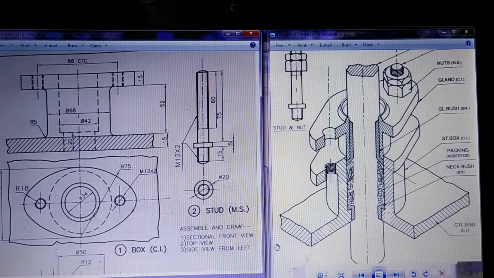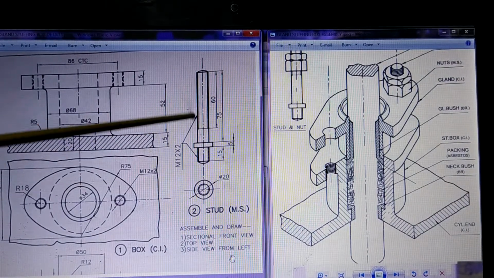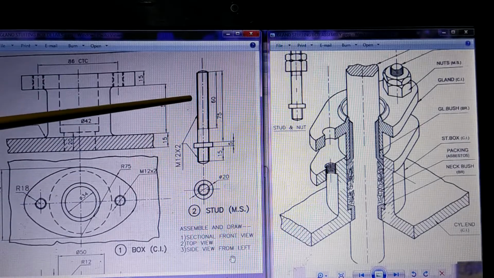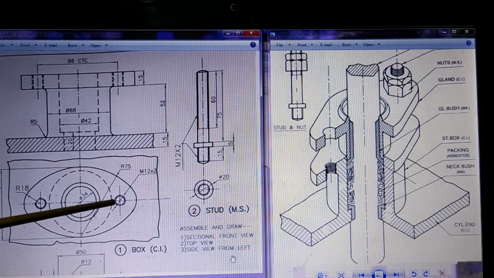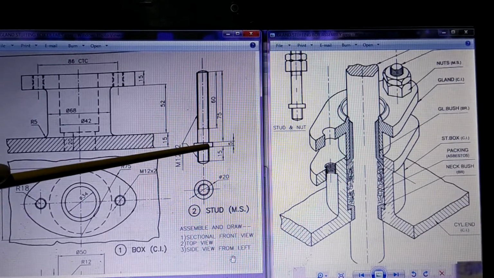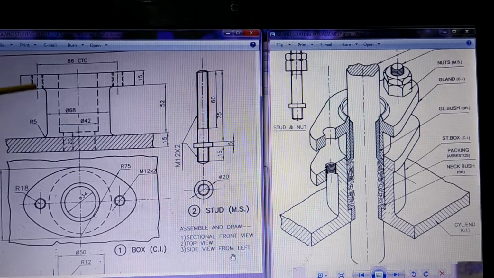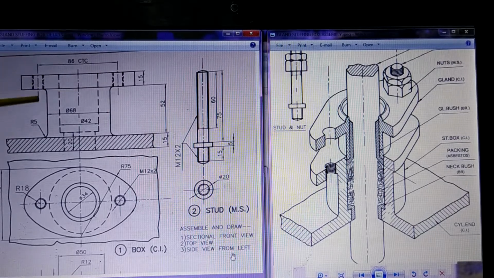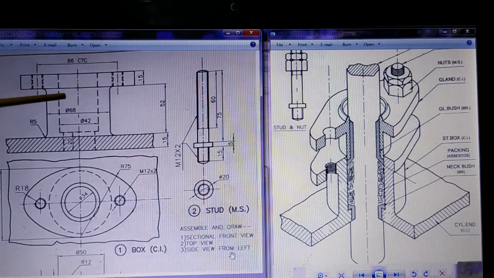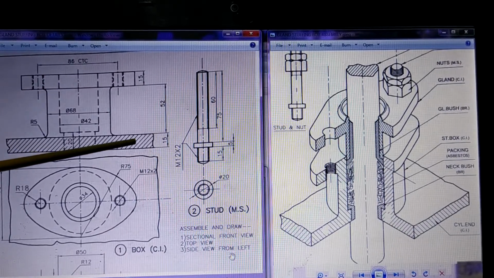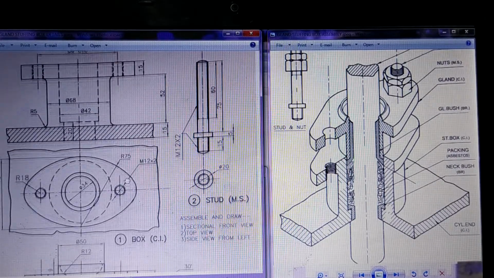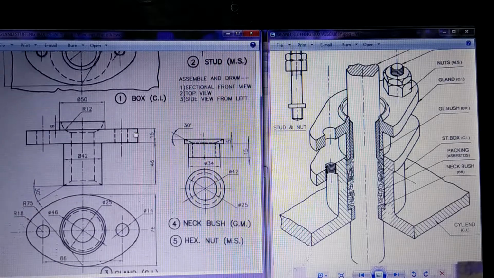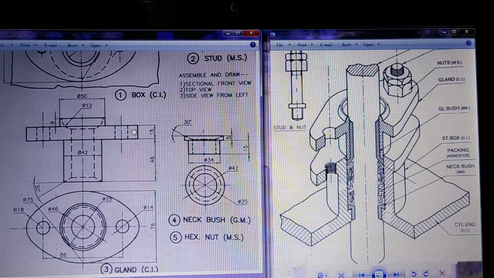So now what happens? Here there is a stud. Another part is called a stud. Now this stud has got threading which is again M12. So this threading will be fitted here. And there are two such studs. So two such studs will be fitted here. One stud here and one stud here. Now because of these two studs, there is a cylinder and stud arrangement already present there. Now what are the other parts shown there? Now you can see there are two bushes.